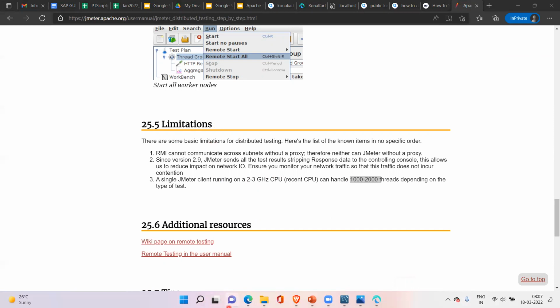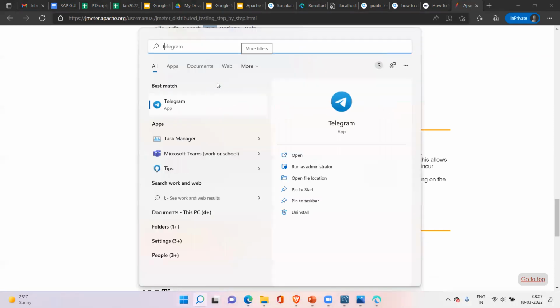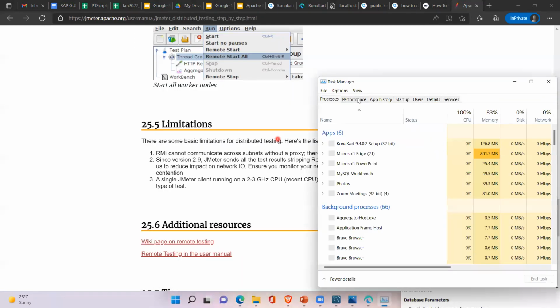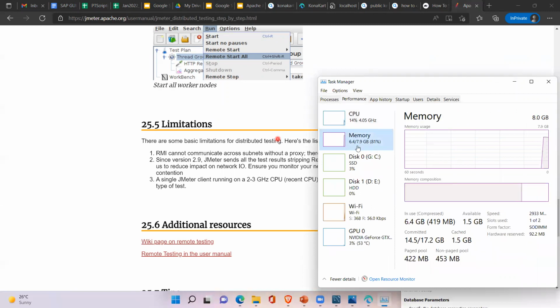Let me open the task manager one more time. See, the total RAM is 8 GB, out of which only 1.5 GB is available. And you remember I told you, when we use the web protocol, how much memory does each user take?